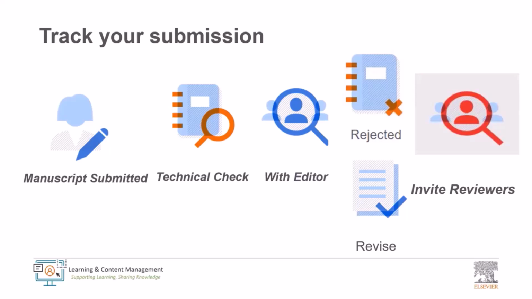The editor will also conduct an initial screening of your paper and assess it against several criteria such as novelty, priority, and scope. If your paper is a better match for another journal, you may be offered a manuscript transfer as well. Also, it's possible that your paper does not meet some of the assessment criteria, and then the editor will reject it before going into peer review. If the editor decides that your paper is a good match for their journal, they will identify 2 or 3 independent reviewers, again depending on the journal configuration, and send them an invitation to review your manuscript.